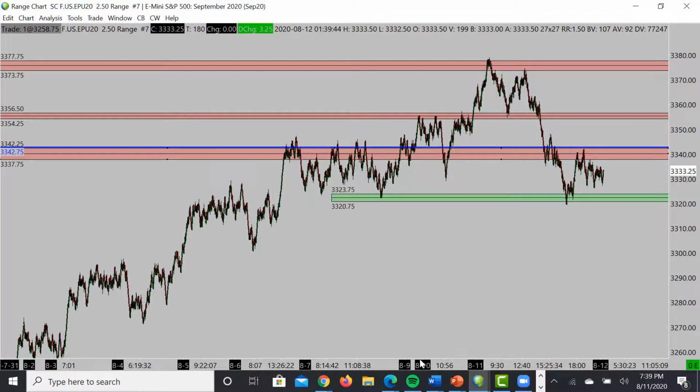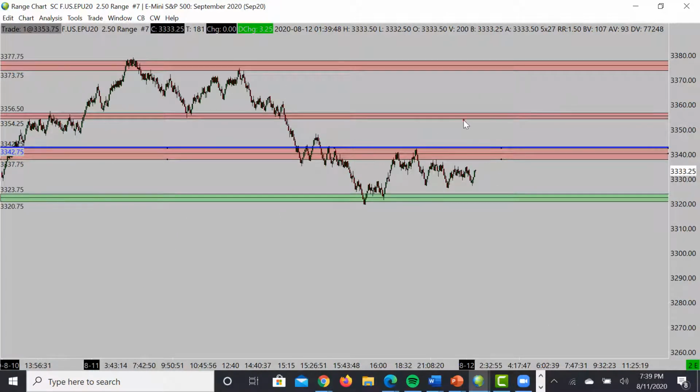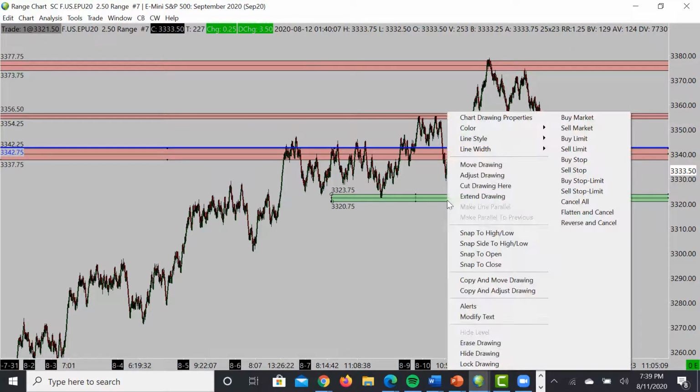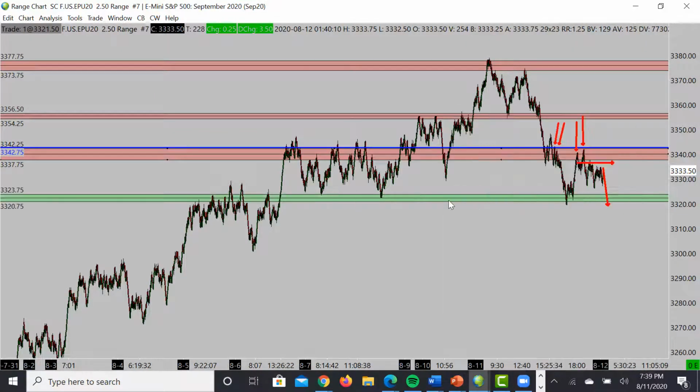We're under a pretty clear level of resistance right here, 3340. We have touched that level quite a bit of times. Good opportunity for a downward move. We pulled right back into it one or two times, and we're failing this area right here. I do think we'll probably get a pullback down. We are bearish as of right now. We are under some structured levels, so it's going to be an important level that we're looking at right here